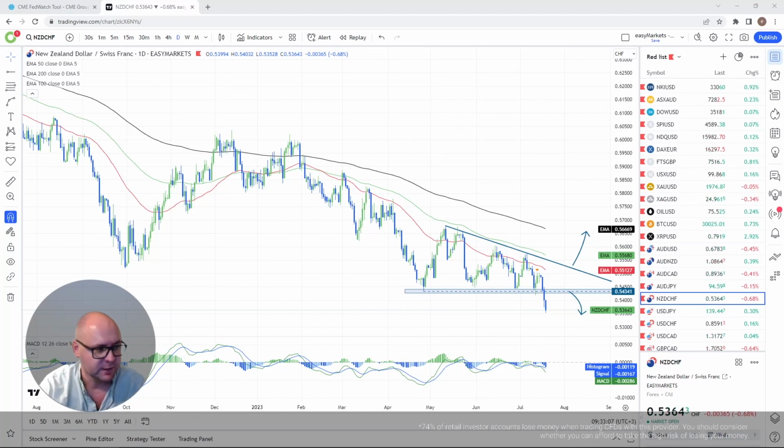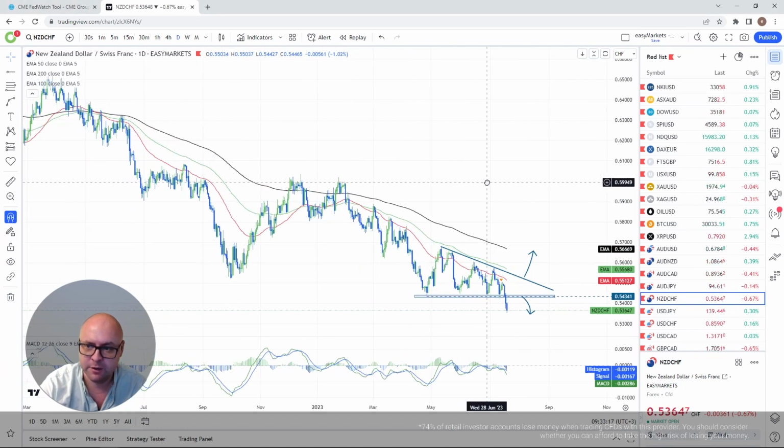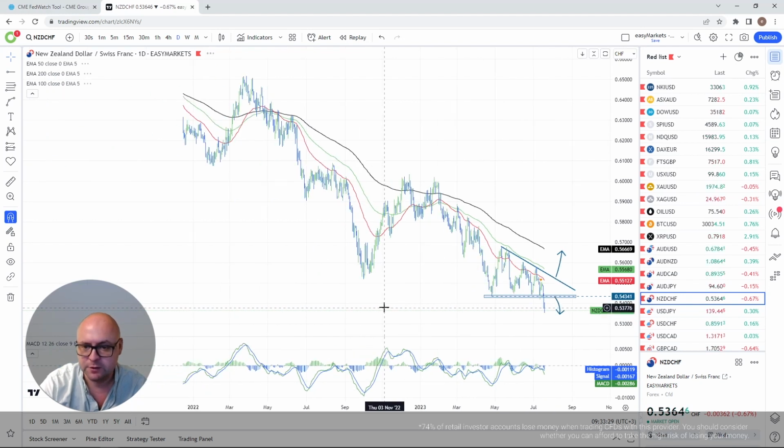I think it's more of a game from the CHF. The CHF in general has been very strong lately, so any currency against the CHF is kind of suffering. However, as we know, what comes up must come down at some point. So in this case, what comes down must come up eventually. But look, in general,